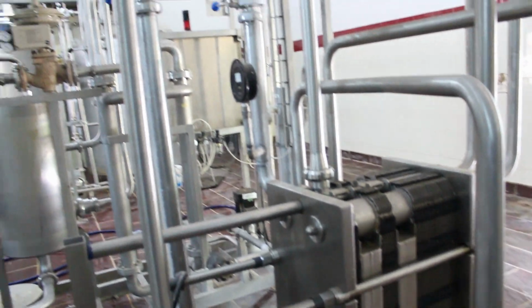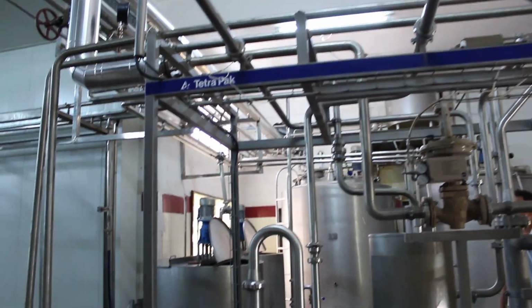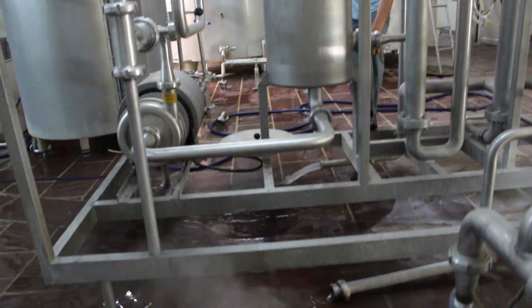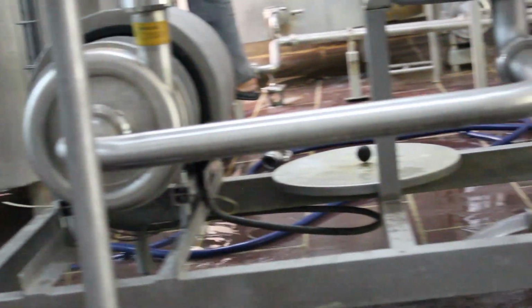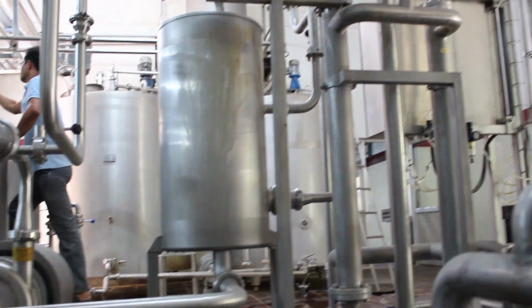Homogenization is a milk processing step. It is normally preceded by standardization. The fat in the milk normally separates from the water and collects at the top. Homogenization breaks the fat into smaller pieces so that it no longer separates, allowing the sale of non-separating milk at